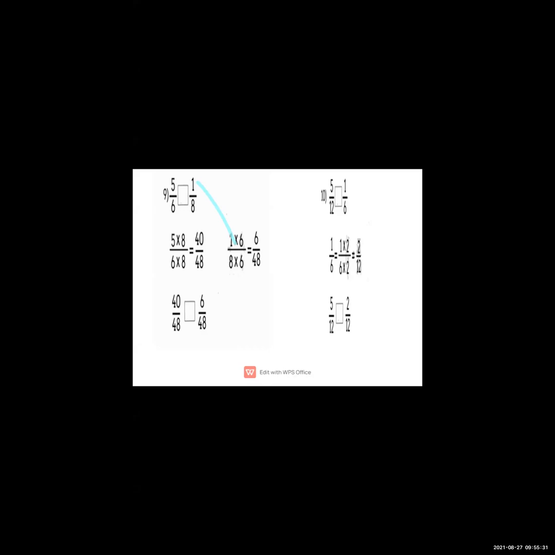When we have to solve, then we make the denominator same. Okay, not numerator. So first, in 6 table 8 is going? No. In 8 table 6 is going? No. So we will multiply by the denominator with fractions: 5 upon 6 multiply by 8. 8 we got from here. 5 8s are 40. 6 8s are 48.